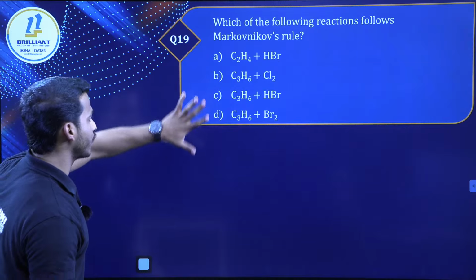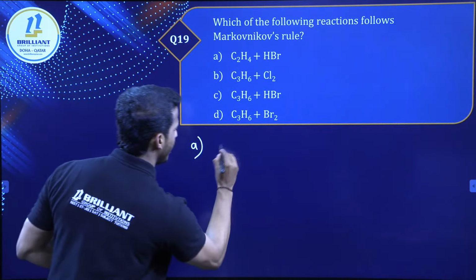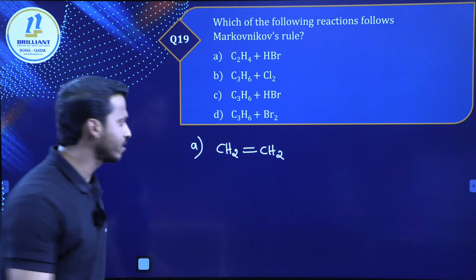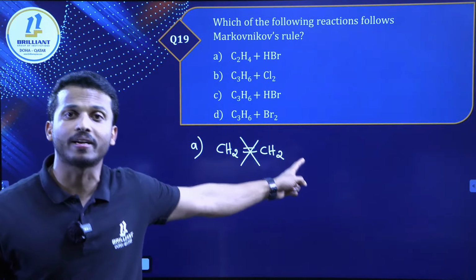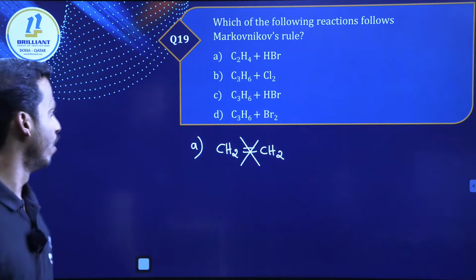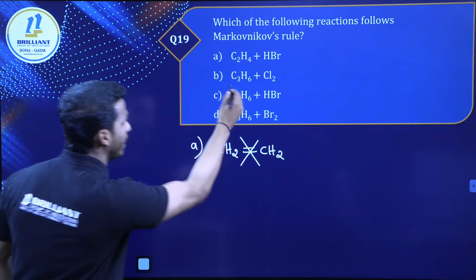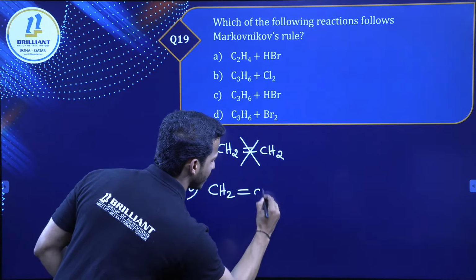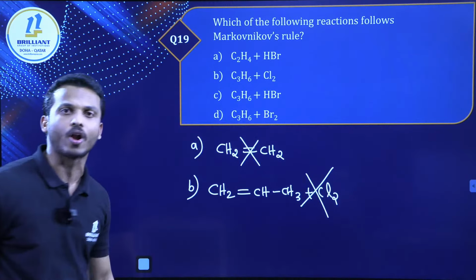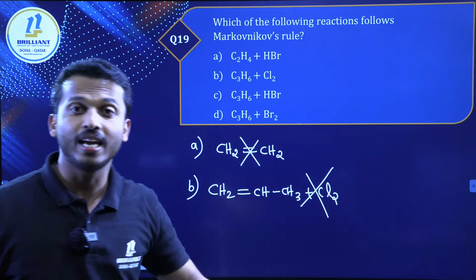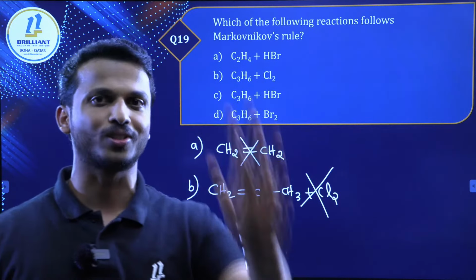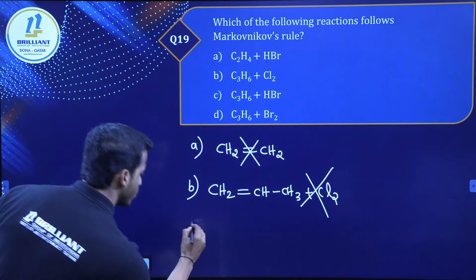So I'm just drawing the shape of the molecule, all of you. Option A, C2H4. What is C2H4? That is ethene. I can cut this compound, dear all, because it is a symmetrical alkene. In symmetrical alkenes, Markovnikov's rule is not applicable. Option A is not the answer. What is option B? C3H6, propene, treating with Cl2. I can cut this option because Cl2 is the addendum, and the addendum should contain positive and negative charge. Cl2 doesn't contain positive and negative charge. Both are the same species.